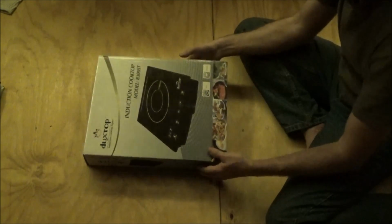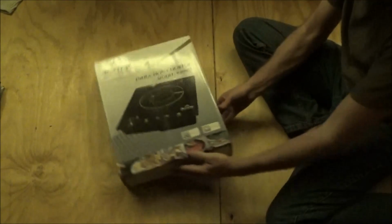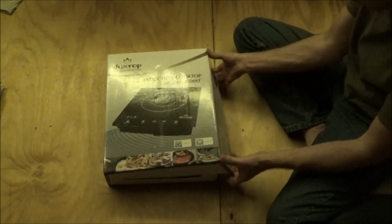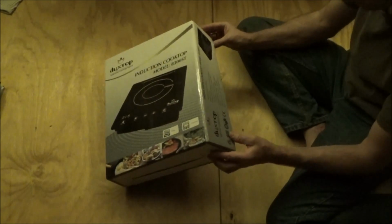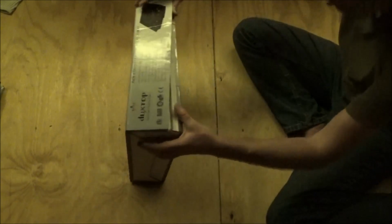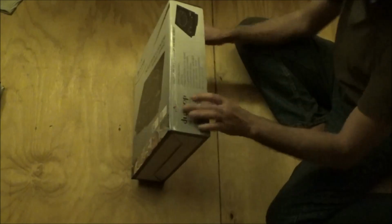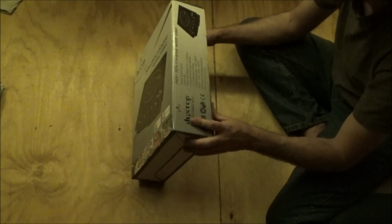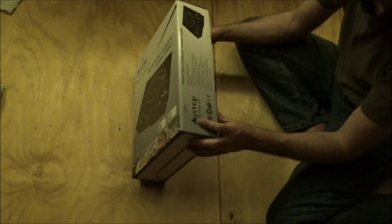So, let me see. It got me curious here because I've heard a lot, and a lot of people have told me I should get an induction cooker. 1 to 10, wait a minute, what do we got? 1 to 10 power levels. Does this open up? It says from 200 watts to 1800 watts. Interesting. 200 watts up to 800 watts I could certainly run